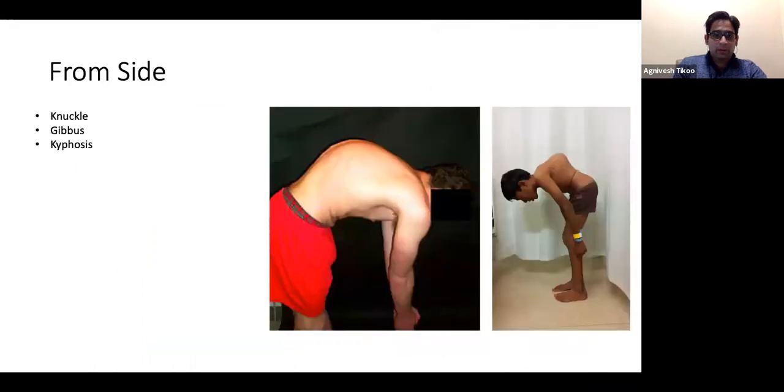So whenever you see from the side, you will be able to differentiate. You always ask the patient to bend forward when you're examining from behind. You always ask the patient to bend forward when you're examining from the side. So this is what you call a round kyphus. This is a Scheuermann's kyphus, which is round and huge. And this is an angular kyphus. You can see that this is quite angulated and pointed. So this is a post TB kyphosis. This is a Scheuermann's kyphosis. So this is the difference between angular and round kyphosis.